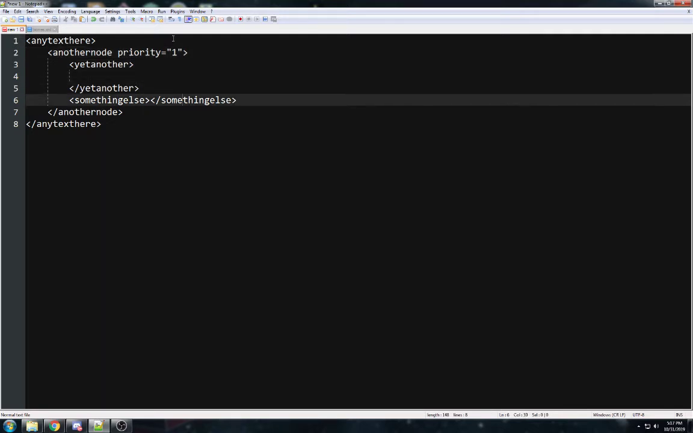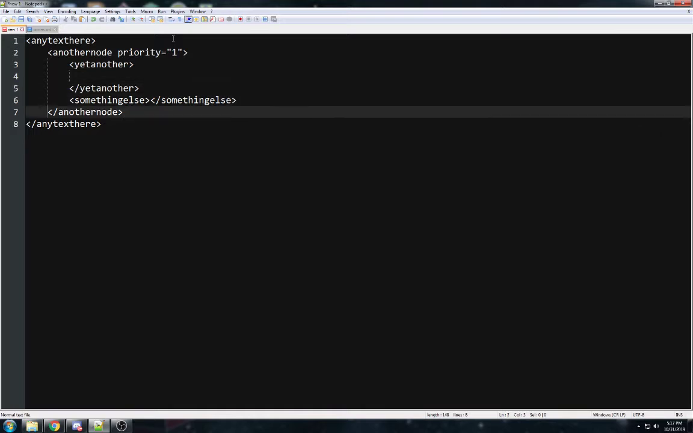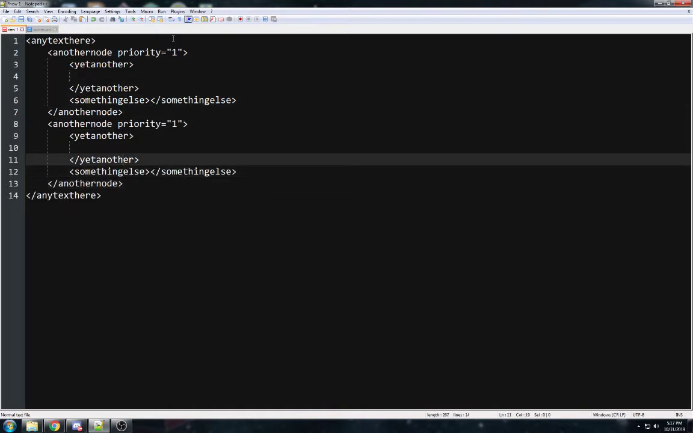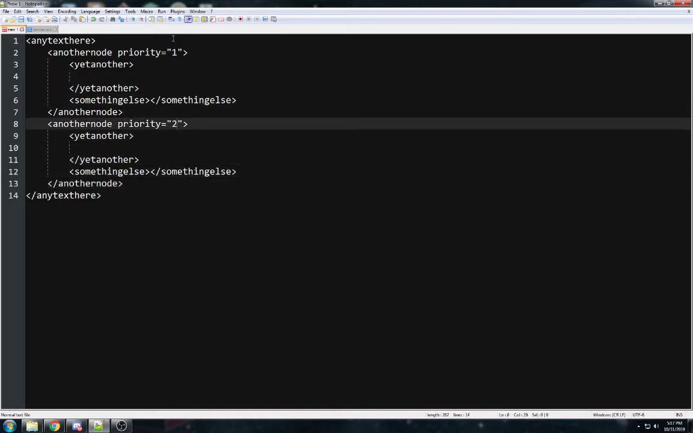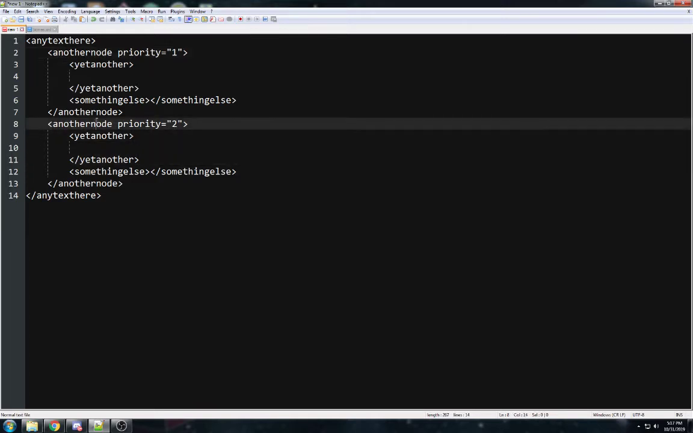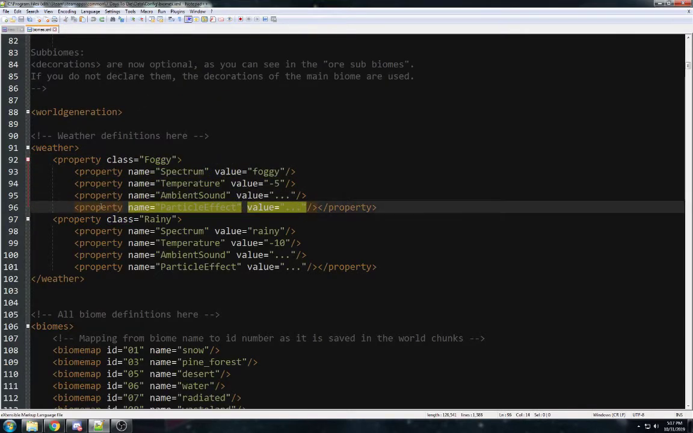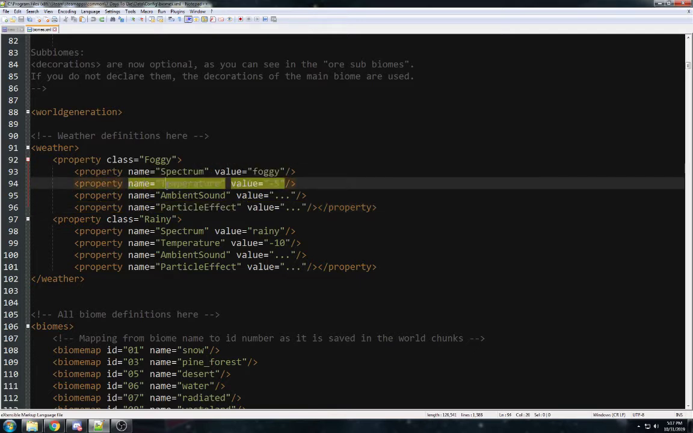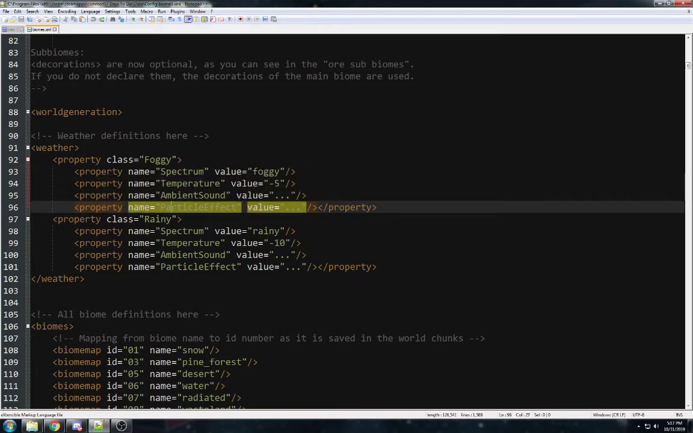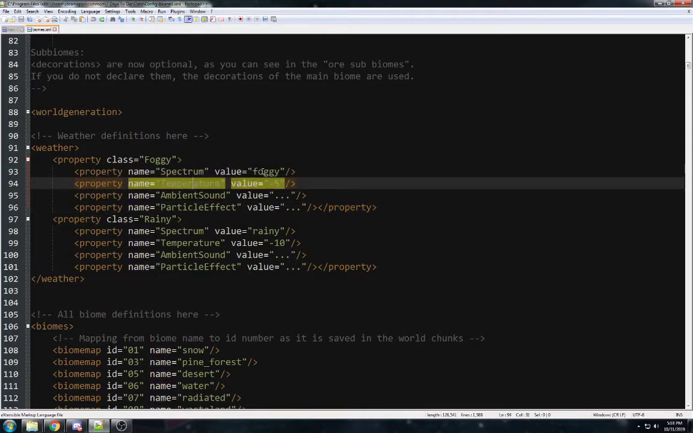Okay, and then we could have another node inside of here. Okay, and we could have this set to priority 2. And these are two separate nodes. Okay, so just like this, there's a lot of properties in here. These node names are properties, but they have different names. By names I mean they have different attributes of name, and those are different, and they have different